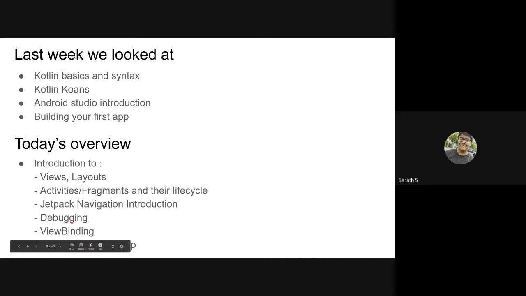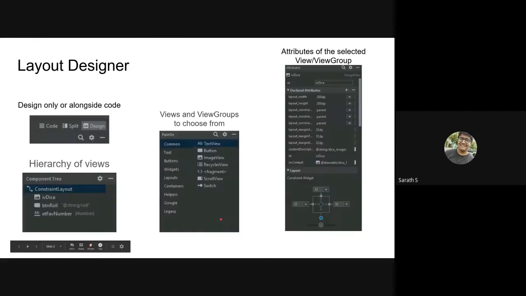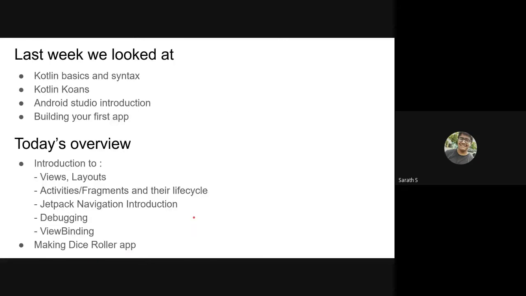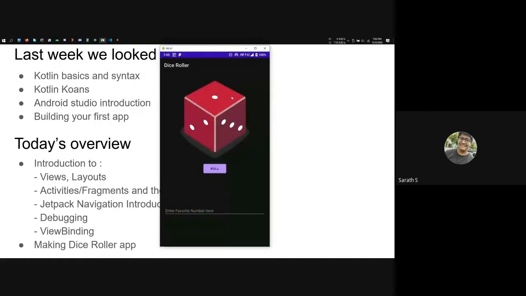So basically, if you find any errors or encounter any issues, how to find out what the problem is, and everything about that. And then we'll be looking into a few more advanced concepts at the end, and we'll also be doing the dice roller app of Unit 1, which is basically an app I'll show you guys right now. One second. Yeah, this is the app we'll be discussing.